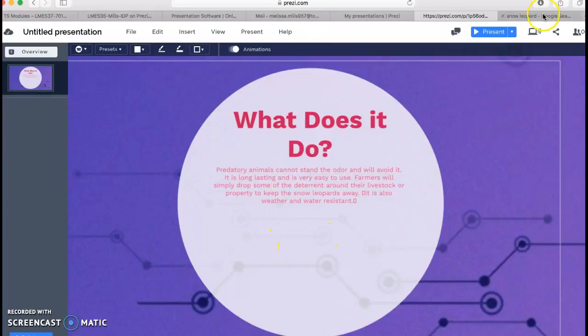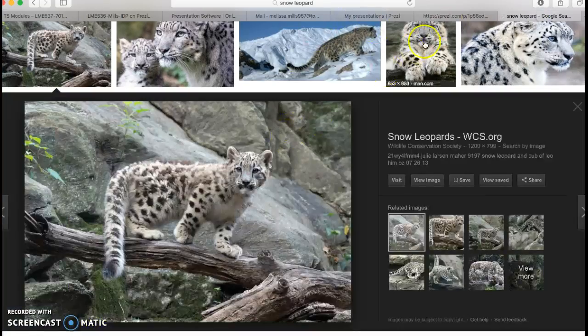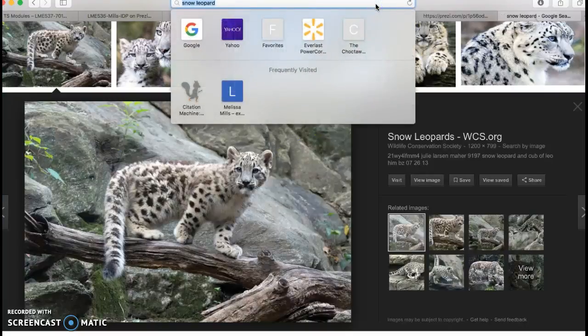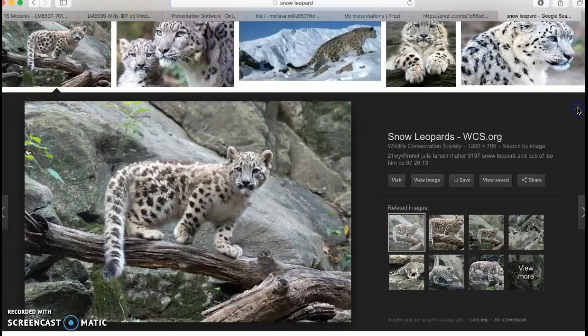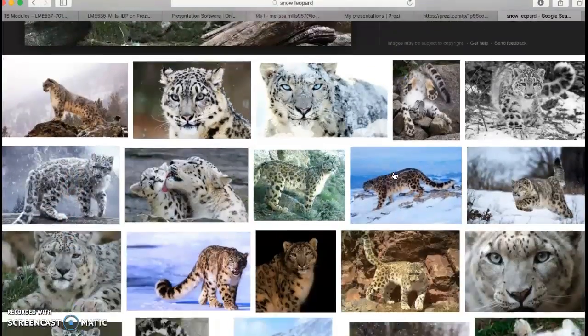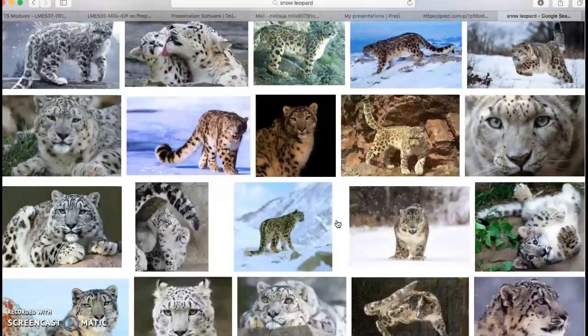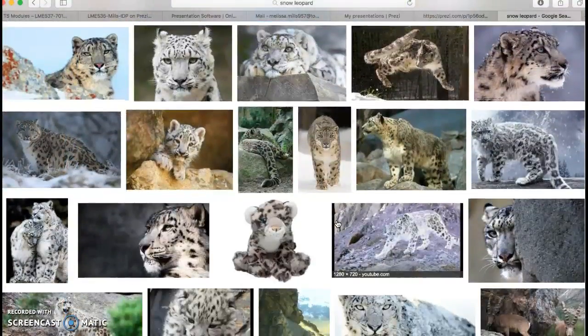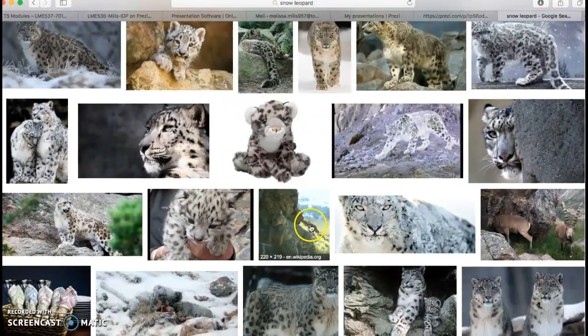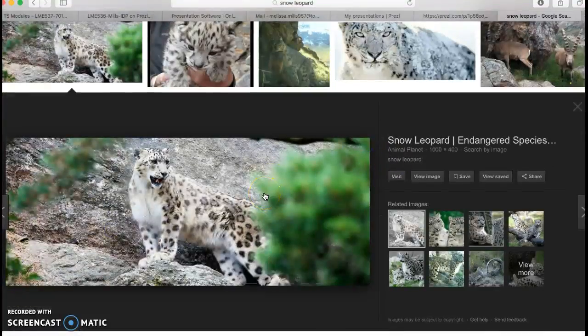So let's find another picture. What does it do? Let's see. And your picture kind of needs to go along with your question, whatever you're answering. So let's choose this one. I really don't think it goes with the question, but just for an example, this will be fine. So I'm going to right click it, save image as,